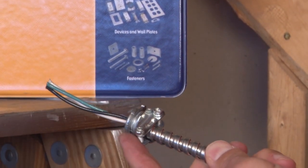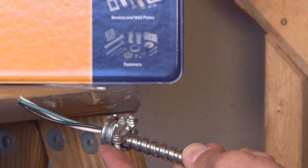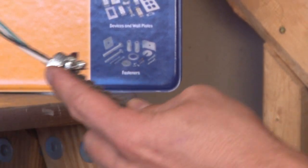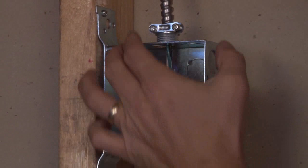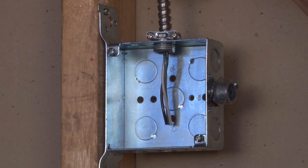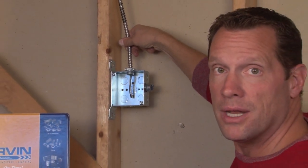and then you screw down the 2 clamping screws, which tightens on to the flexible metal conduit. You then can remove the locking nut and install this product right into a provided conduit knockout. This product ranges in size from 3/8 up to 2 inches for flexible metal conduit and MC